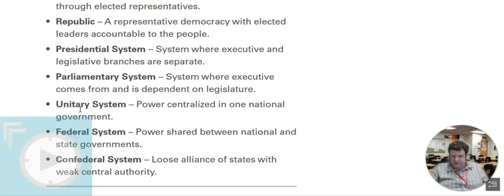A confederal system or confederacy is a loose alliance of states, and the central government is weaker. Usually in a federal system, you may have a state and a federal government, and the central government is more powerful. In a confederal system, you have a bunch of states, and they have more power than the central government. Probably the example that many Americans would think of is the Confederate States of America, though other confederacies that are quite arguably more successful would include the Iroquois Confederacy and Switzerland, for more realistic examples of success.